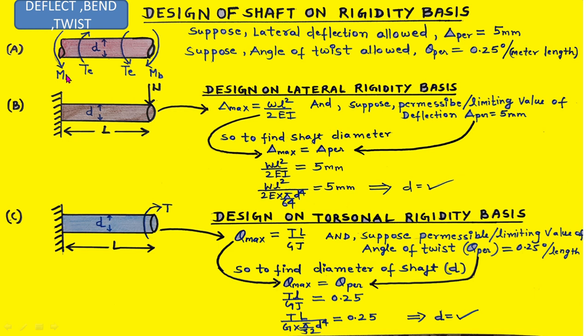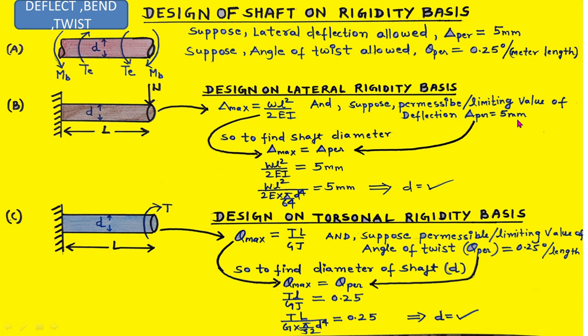Suppose this is the shaft here. Now I will explain to you in a very simple way. Suppose this is the shaft and it is acted on by a load W at the free end. The deflection of this shaft, delta max, at the free end of the shaft is equal to WL squared by 2EI, obtained from the deflection equation. And the permissible value of deflection, that is the limiting value of the deflection allowed in this application,